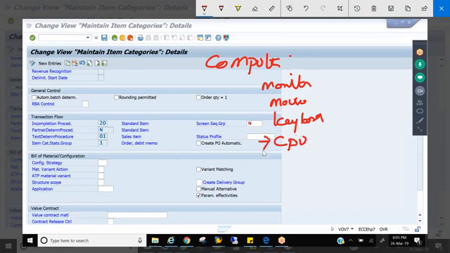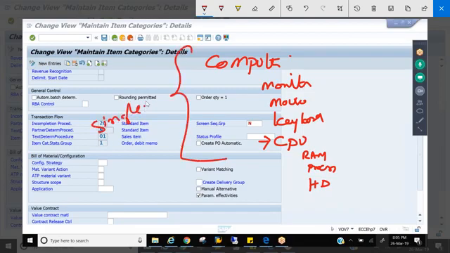A CPU is also again a combination of components, right? You have RAM, you have processor, you have hard drive. It's also a component. That means this is a single level BOM, that is, a main item having sub items. This is multi-level BOM, that is, a sub item is again having sub items.